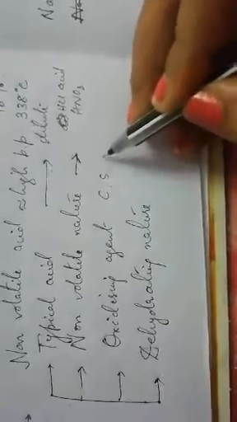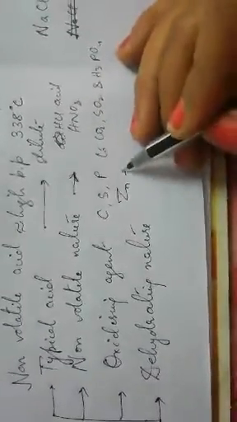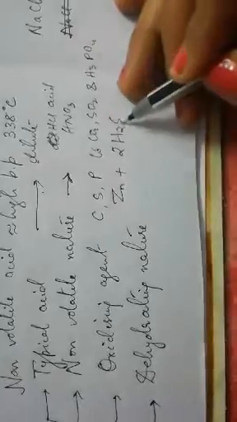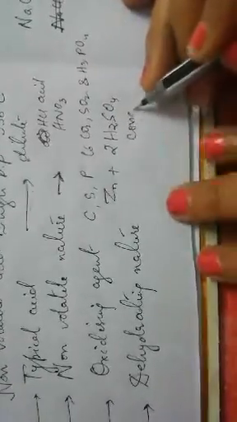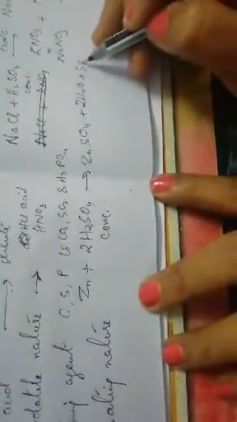Clear? Now come to its oxidizing properties. Now as an oxidizing agent, it oxidizes nonmetals like carbon, sulfur and phosphorus to carbon dioxide, sulfur dioxide and phosphoric acid respectively. The equations are all given in the book. You have to learn them. It also oxidizes metals like zinc. Suppose you take zinc metal and concentrated sulfuric acid, you will get zinc sulfate plus water plus sulfur dioxide gas.